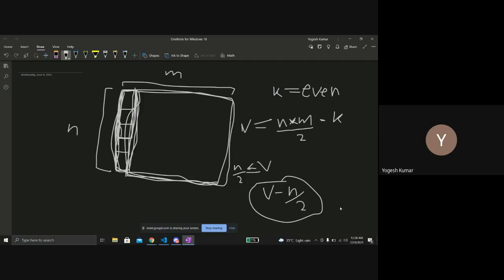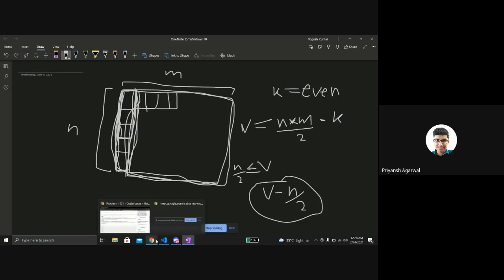So we again check whether this is even or odd. In case it is odd, then again we cannot fill the left matrix up with horizontal dominoes. And in case it is even, in case the vertical number is even, then we can fill 2 into 2 square matrices with these vertical ones, and the left one with the other horizontal ones. So that was the idea.